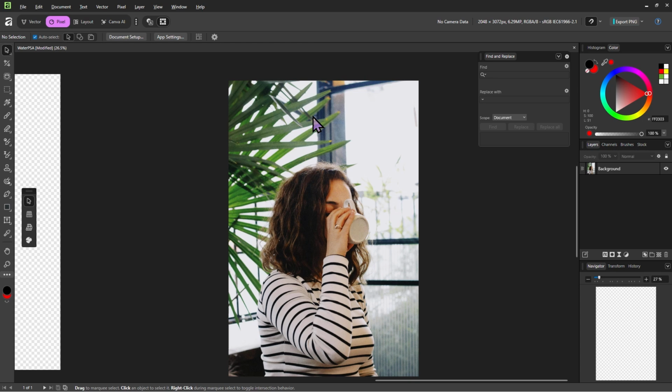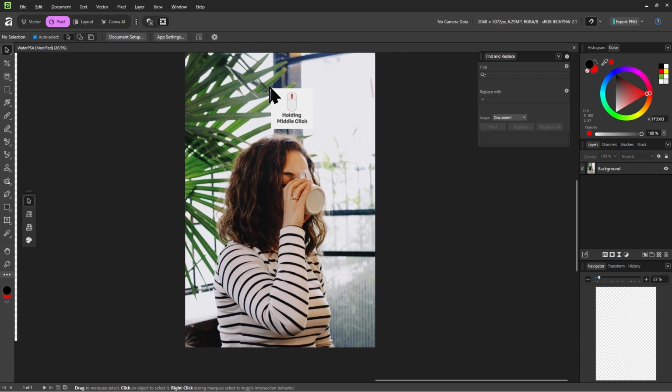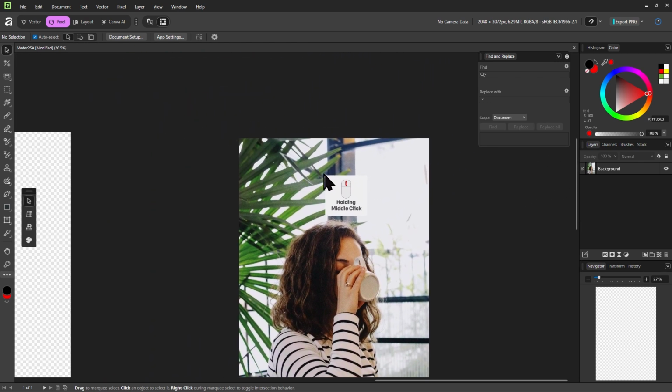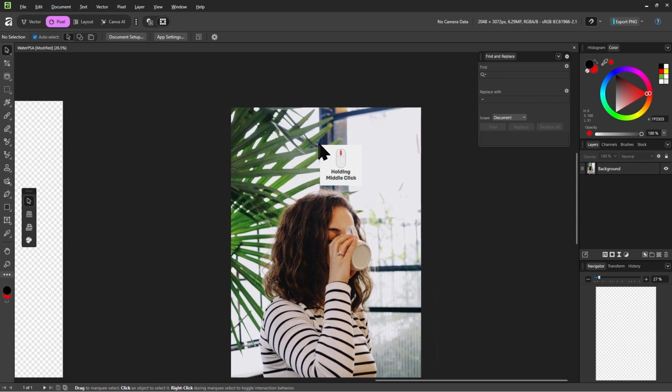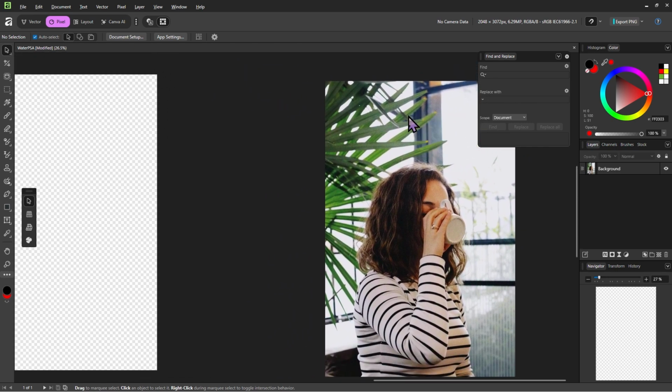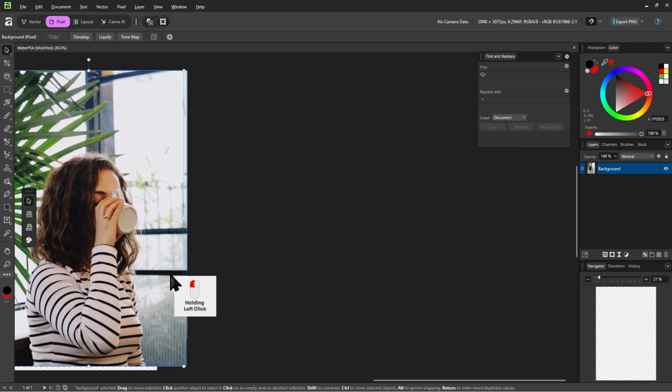You can also hold down the middle mouse button, which is the scroll wheel. So hold down the scroll wheel and you can, as you can see, also move around the space where your canvas is. And now that we can reach our image, we just have to move it back to the canvas.